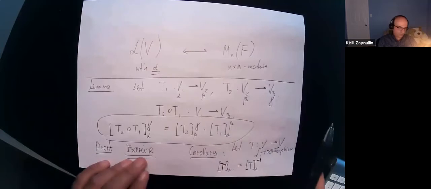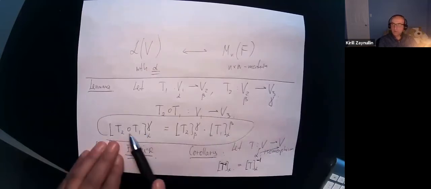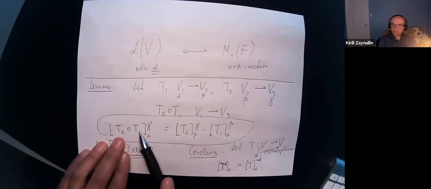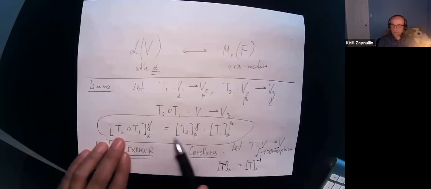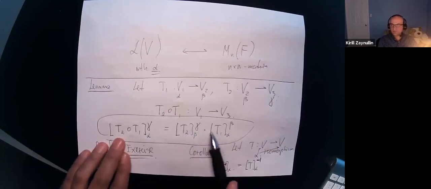And then, of course, what do you get here? T composed with its inverse gives you the identity, right? This is the identity matrix on the left. And on the right, you will get T times the inverse of T, or the other way around, T inverse times T. Yeah, and that precisely